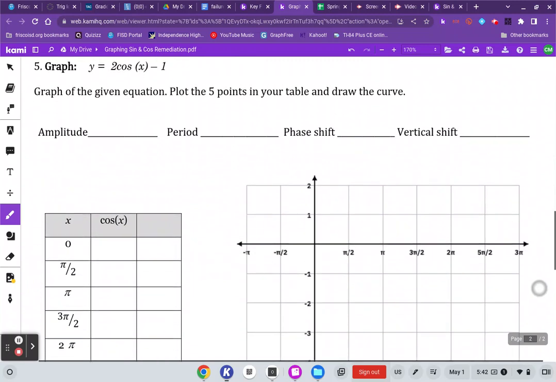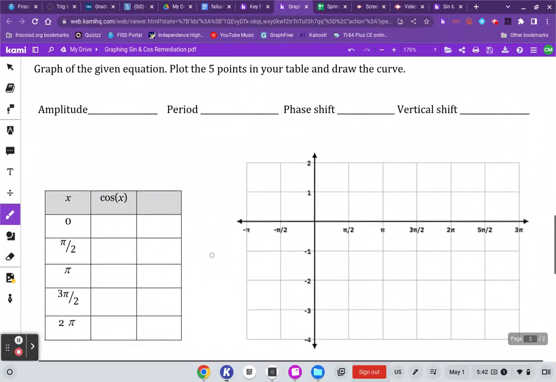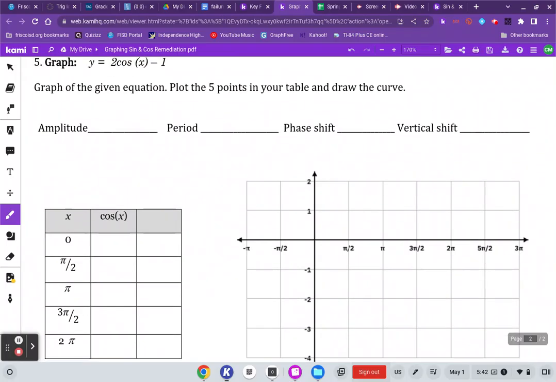All right, now if I'm given an equation like this and I need to graph it, the first thing I'm going to want to do is fill in my table for the parent graph. This is the column where you fill in the parent graph values, and you can get these from your calculator. You just type in cosine of 0, cosine of pi over 2, and it will give you the solution. So at pi, we're down at -1,